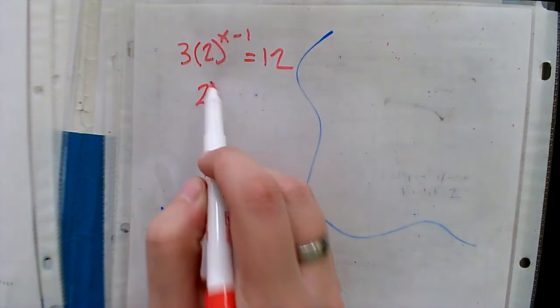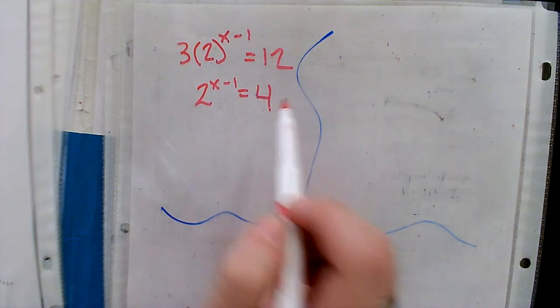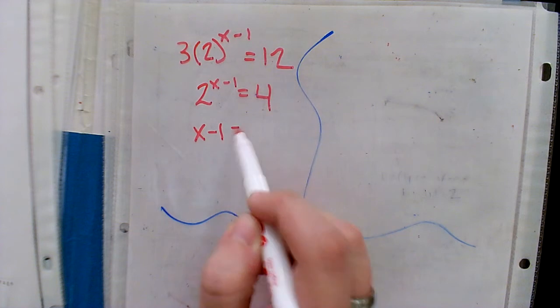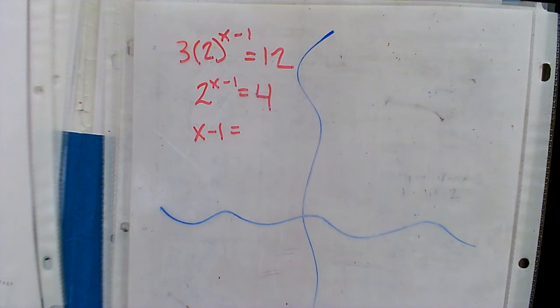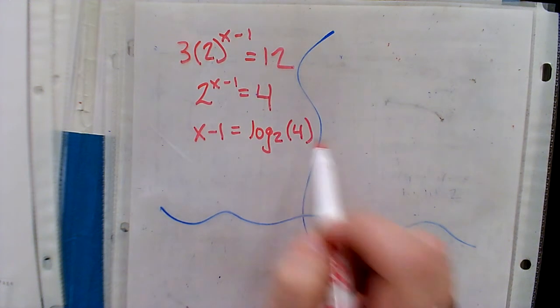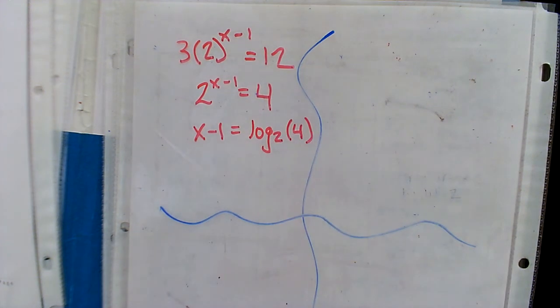Divide by 3. You want to solve for x. What do you want to move over next? We want to move the 2 over, right? That way we're just left with x minus 1. But that 2 is a base. If you move a base, it becomes a log. So this would be log base 2 of 4. Did you just make the 4 to the power of